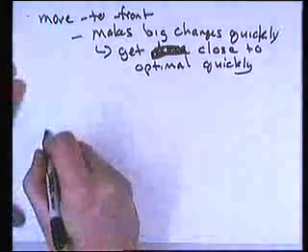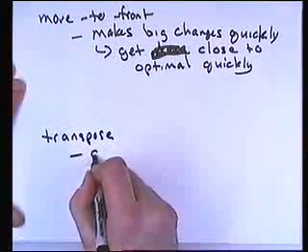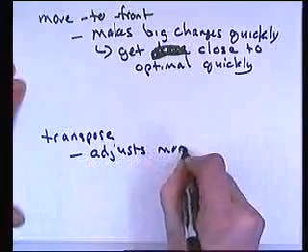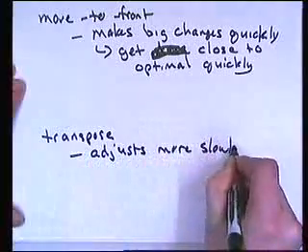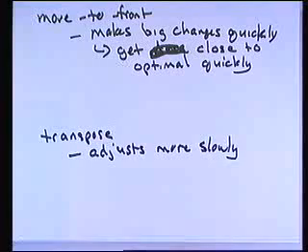Or the transpose adjusts more slowly. So if the initial list is very wrong or very different than the optimal list, the transpose is going to slowly adjust the list to approach the optimal list, but won't quite get there very quickly. On the other hand,